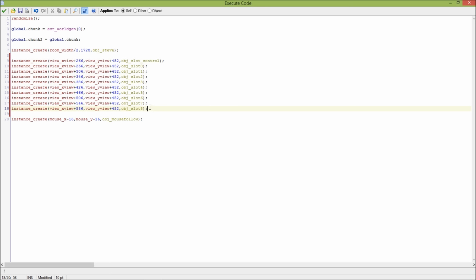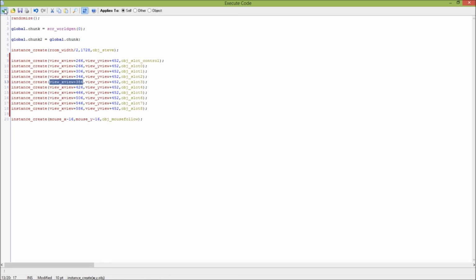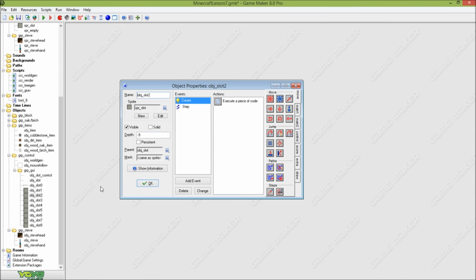So here we have created all slots at these positions, and these are also the aligned positions. Oh, I didn't copy that. But this X position of slot 3, like this, is actually the same as